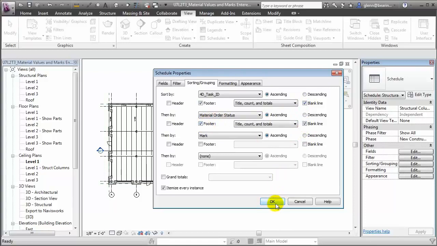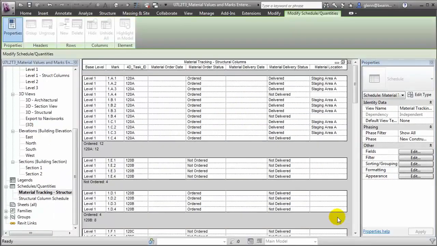When we say OK, the schedule opens, and in this convenient grid view, we can review, enter, or track any of the values very quickly. For example, if the structural column 1A4 is delivered, we can change the value right here and enter where it's stored, maybe in staging area B. Schedule views allow us to review, to edit, and to update the parameter values so we can manage our materials